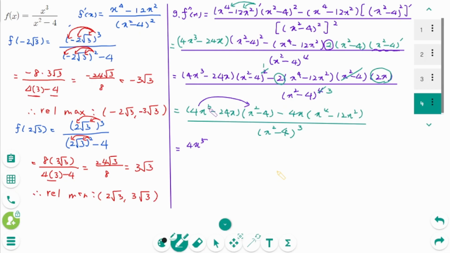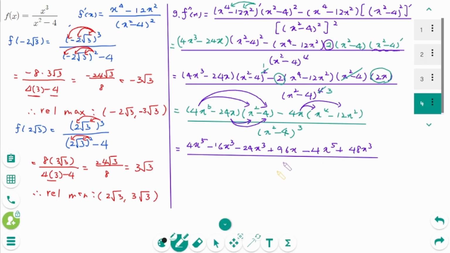4x to the power of 5 minus 16x cubed minus 24x cubed plus 96x, minus 4x to the power of 5 plus 48x cubed, over (x squared minus 4) cubed, equals